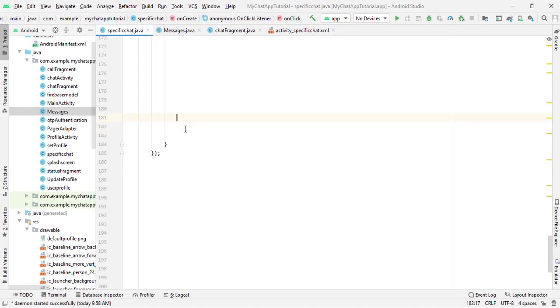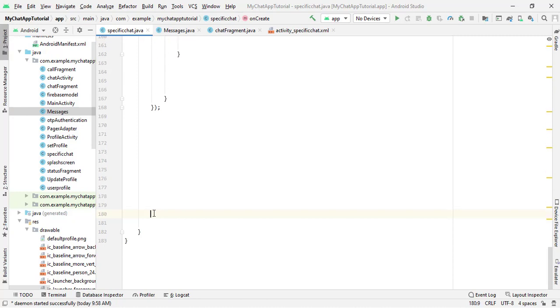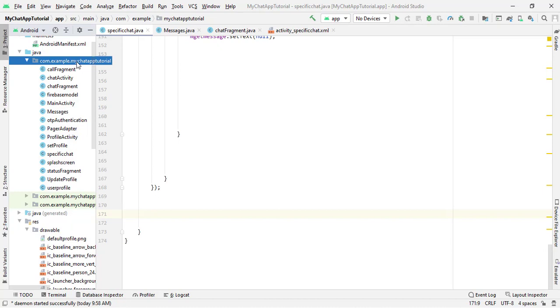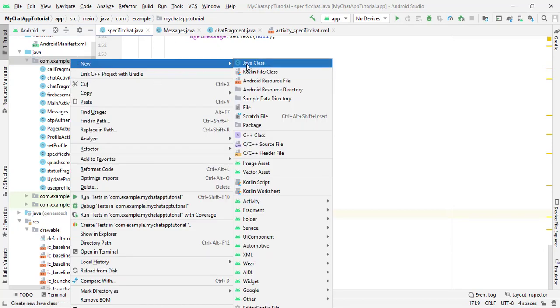Now the main code is how to retrieve messages inside a recycler view, and how to show the sender message on the right side, and how to show the receiver message on the left side. So this is going to be a little bit tricky. So for working with recycler view, first of all we have to create an adapter. So right click on this, then click on new, then you have to click on Java class and give the class name